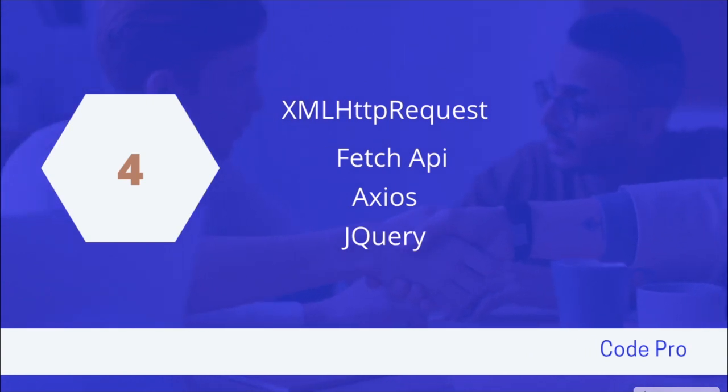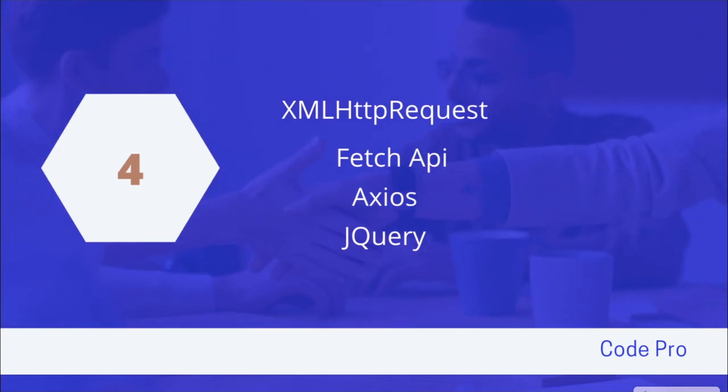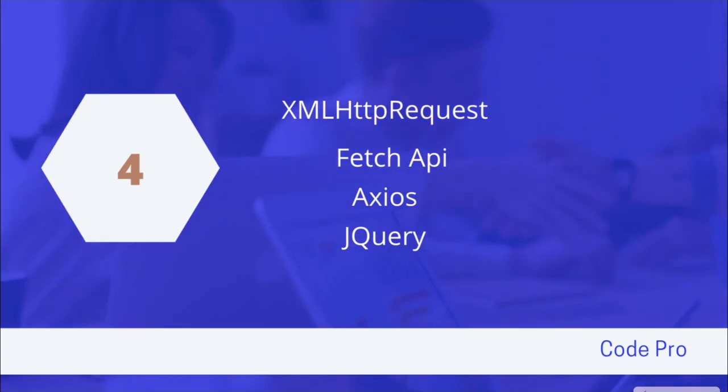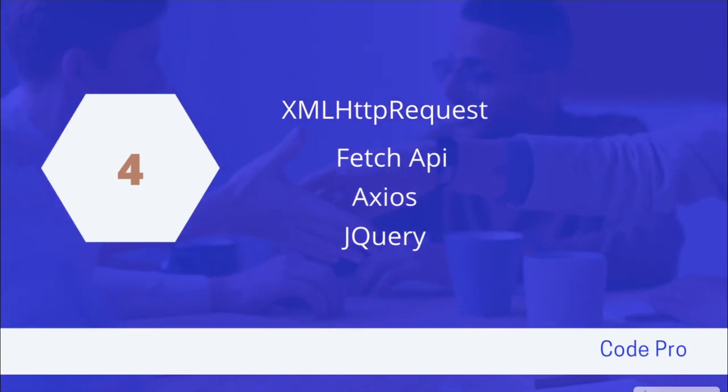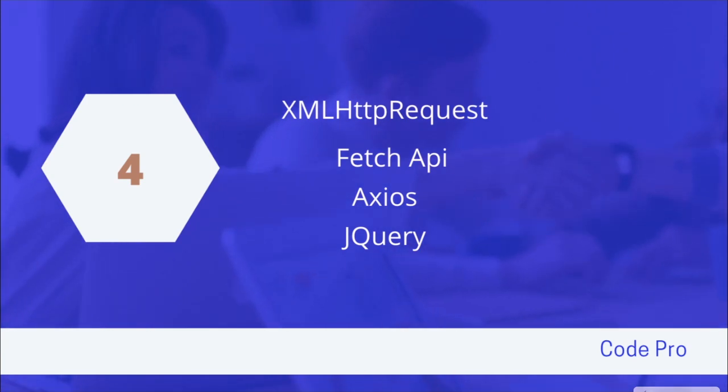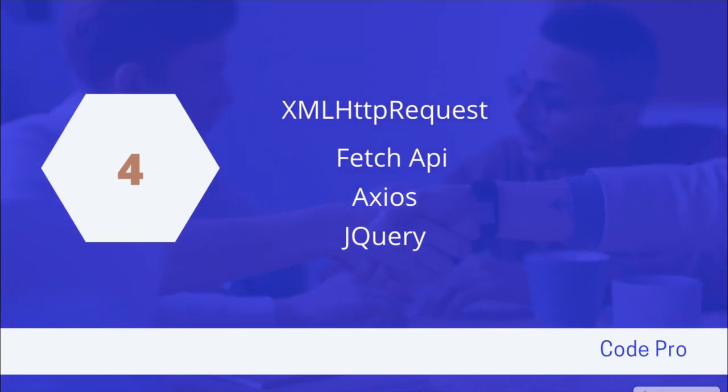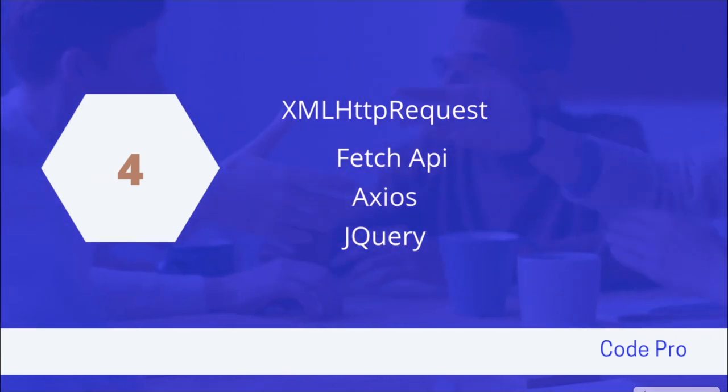In JavaScript, it is really important to know how to make an HTTP request and retrieve data from the database or server. JavaScript provides some built-in browser objects and some external open source libraries to interact with APIs. Here are all the possible ways to make an API call in JavaScript.